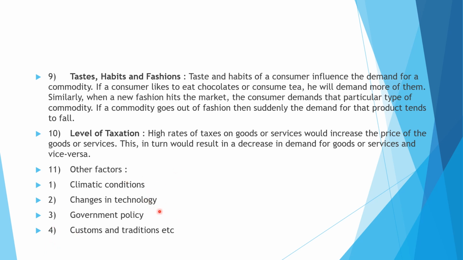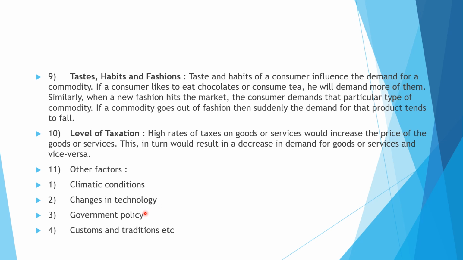If there are climatic changes, like very heavy rainfall, then the people have to shut their shops. At that time the demand may be decreasing, and they may be losing their profits. The change in technology: due to upgradation in technology, now we are not using the button phone of Nokia. We have now come up with new touch screen phones, so we are now used to that. We are not going to buy that button phone. It's outdated.